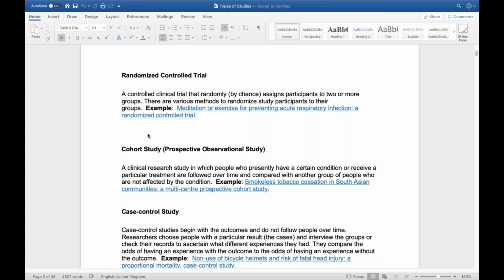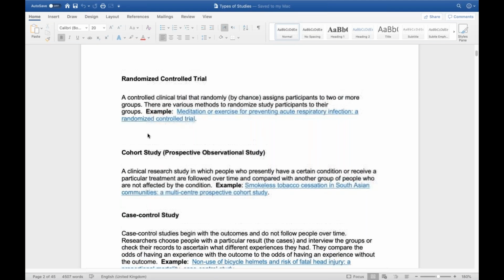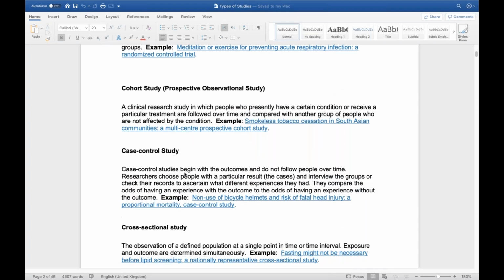And that's called concealment. So the clinician cannot randomize people voluntarily. It has to be done away from them, like a phone call or computer program, and that's what we call concealment. Cohort study, again, is a clinical research study in which people who present with a certain condition or